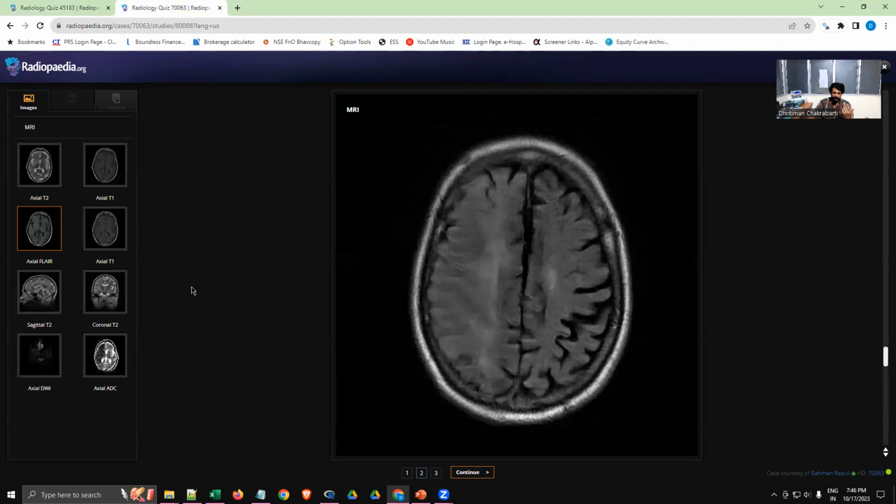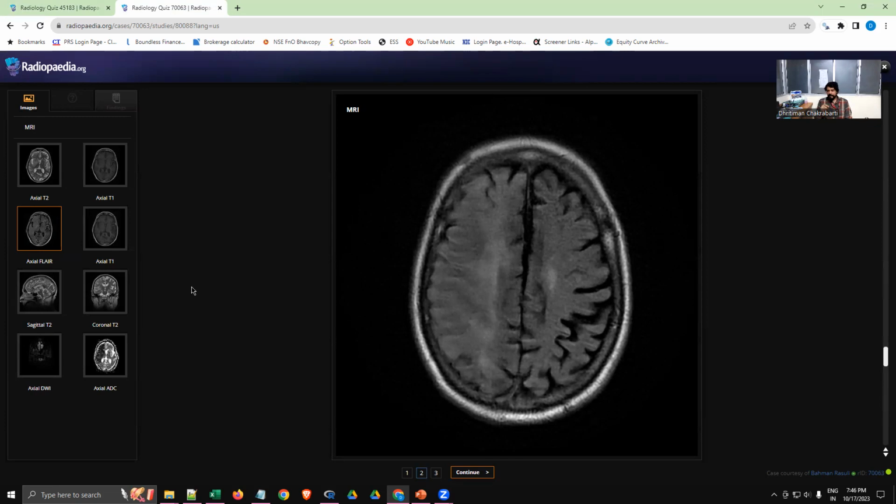Now let's go to one more. This is a case of stroke in which I'll be showing you how diffusion restriction looks, how it will look on FLAIR, etc. Along with this, there is one important fact that you need to understand. Your stroke, or the movement of water inside and how it looks on the MRI, evolves over time. In acute stroke, meaning around 1 to 3 days approximately,